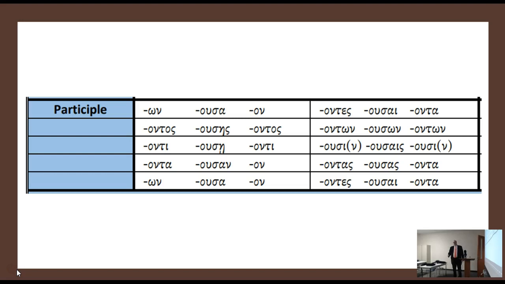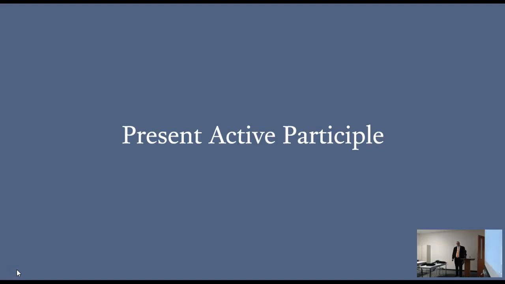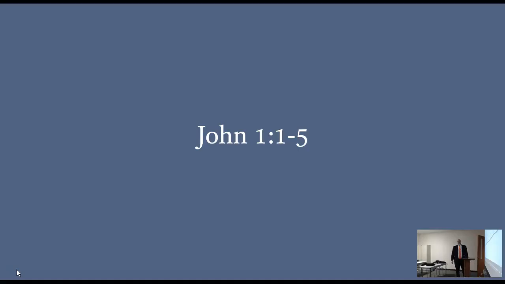So what does this chart tell you how to do? Make the ing form of the verb. That's exactly right. Okay. So present is the tense. Active is the voice. You're doing the action. The speaker's doing the action. And then it's the ing form of the verb. Okay. Right? Hey, so we learned something today. That's good. John 1:1-5. First line,